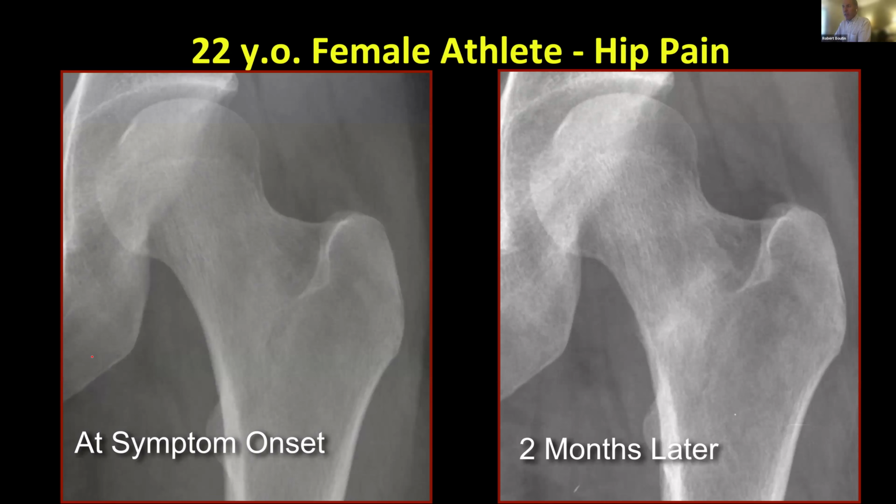Here, another companion case, a 22-year-old woman with pain at symptom onset. You can see the radiographs are unremarkable, but 2 months later, you can see there's a little periosteal irregularity and this band of sclerosis. Still pretty subtle, but much easier to see when you're looking in that location and have the comparison.